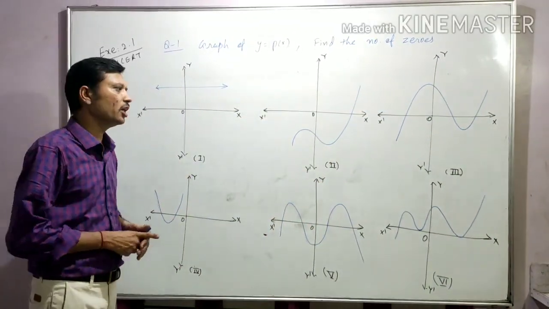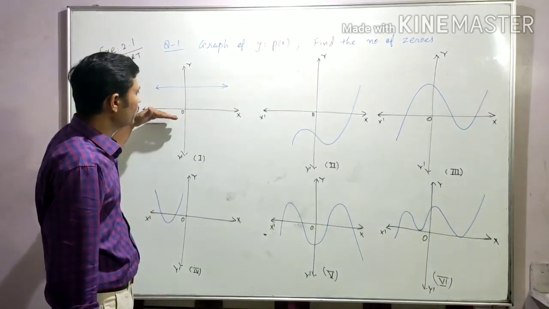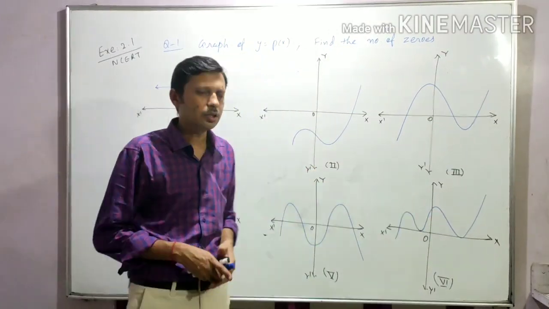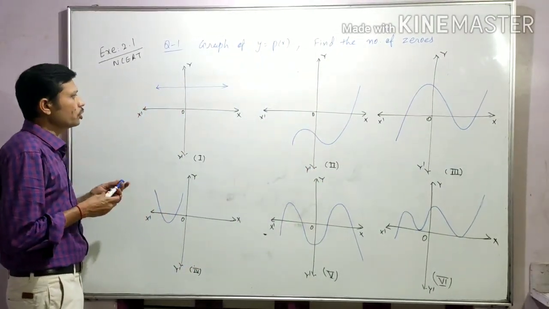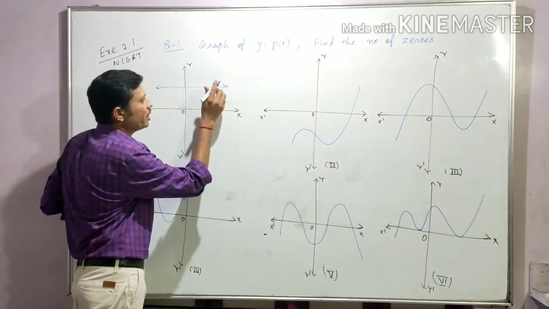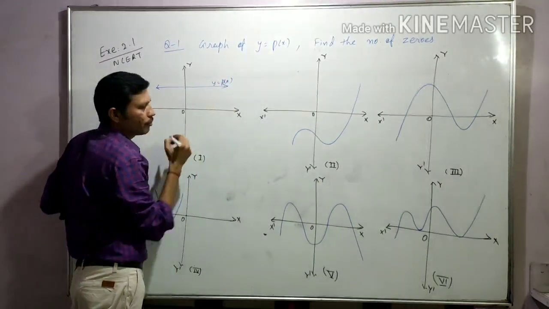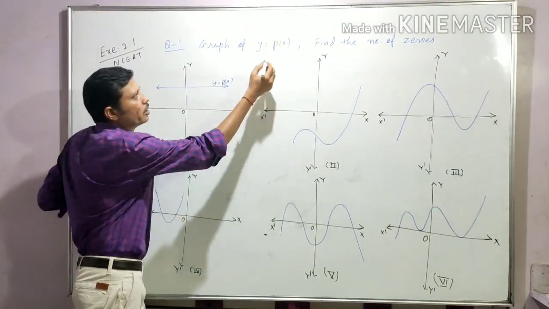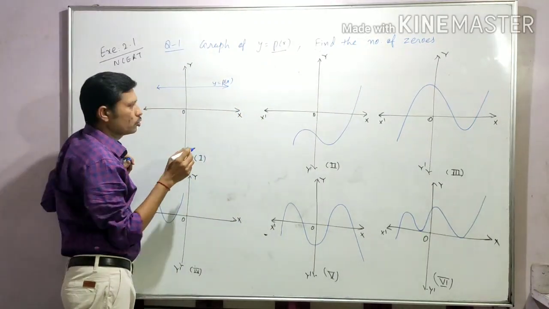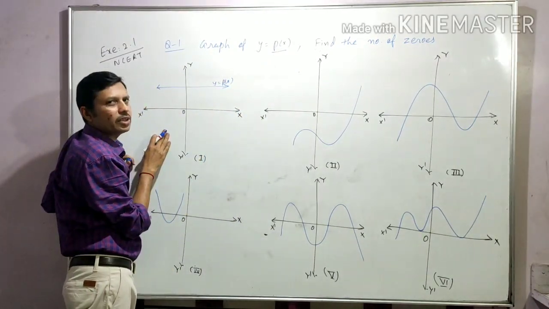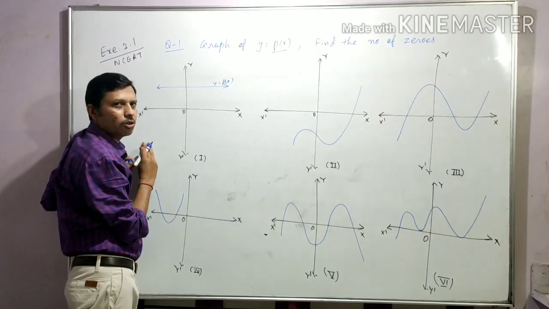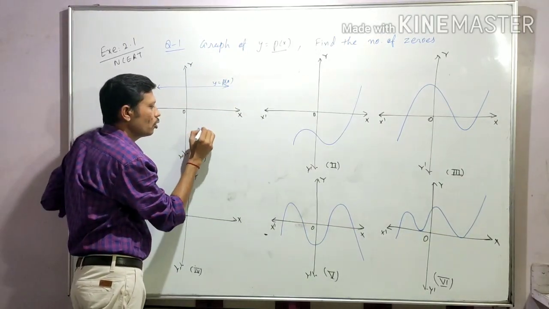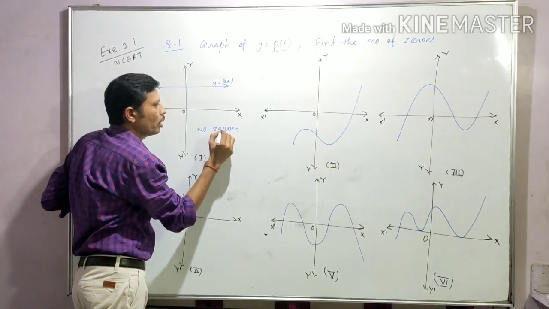As we discussed earlier about the different types of graphs, we have to check in how many points your graph intersects the x-axis. That many zeros you have, right? So here you can see this graph, y is equal to p of x. It's not intersecting with the x-axis, it's intersecting with the y-axis, but the polynomial is in variable x. So our graph should intersect the x-axis. Only that point we can consider as a zero of the polynomial. So here your graph is not intersecting with the x-axis, so no zeros in this case.